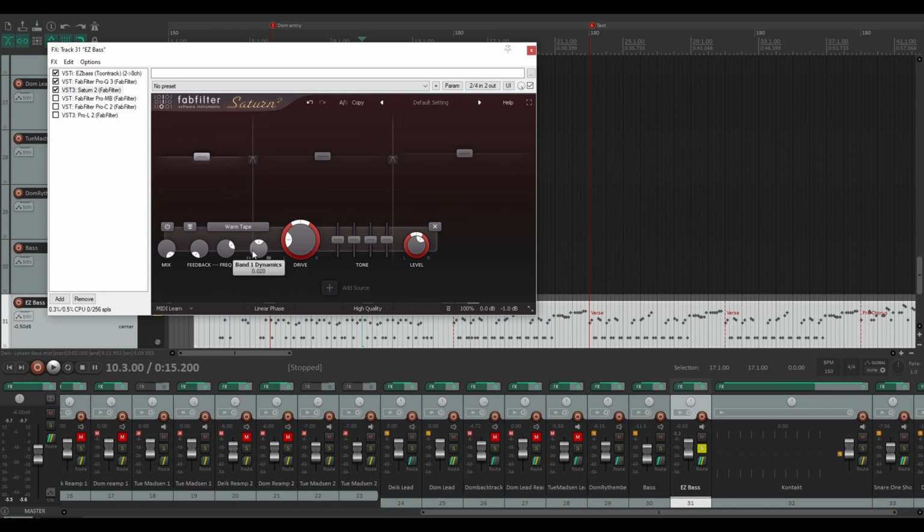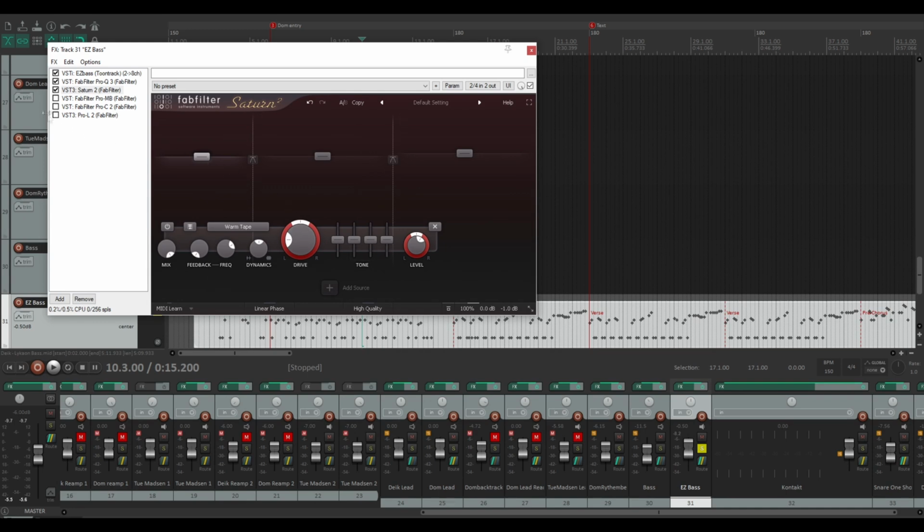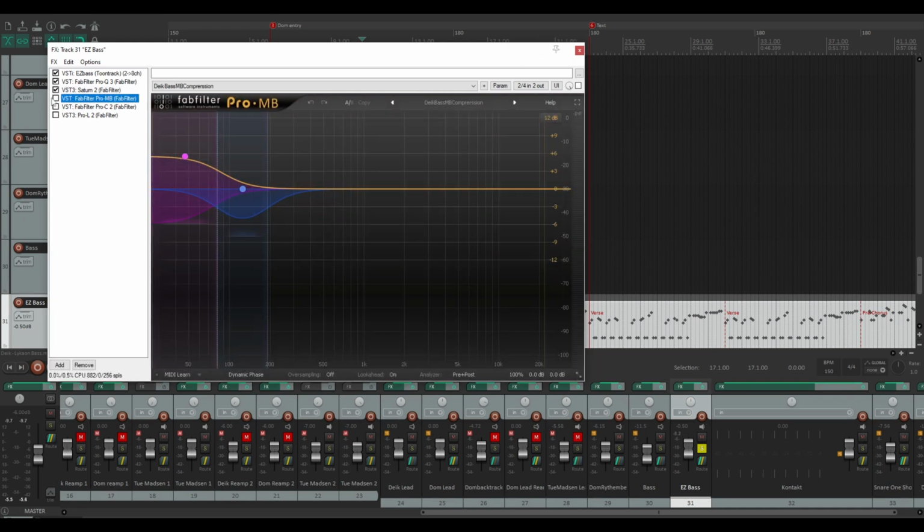I always adjust the dynamics. You can play with the equalizer here. So this plugin is really cool to work with. And after the saturation thing, I'm working with a multi-band compressor just to tame all the freaking out over the top bass